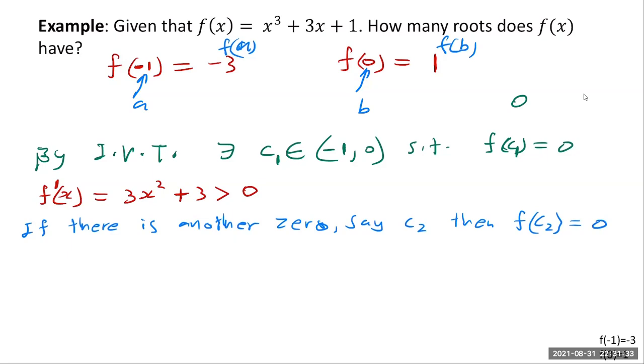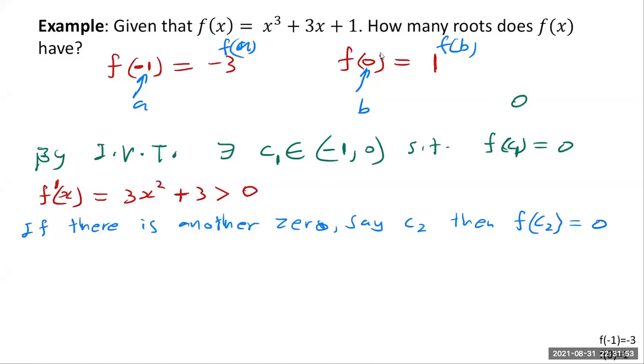But notice that this is a polynomial. Remember, polynomials are differentiable and continuous everywhere. That's a fact you can use anywhere. Now we have f of C2 is equal to 0 and f of C1 is equal to 0. So my function, since polynomials are continuous and differentiable everywhere, f is